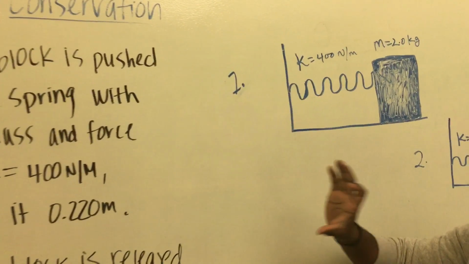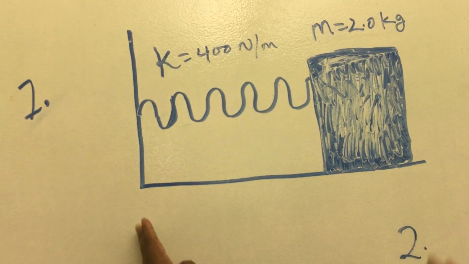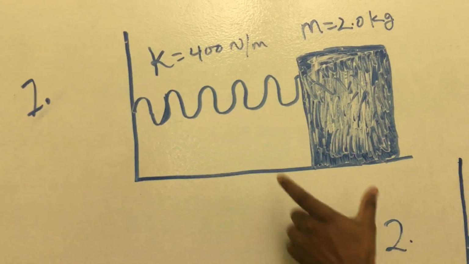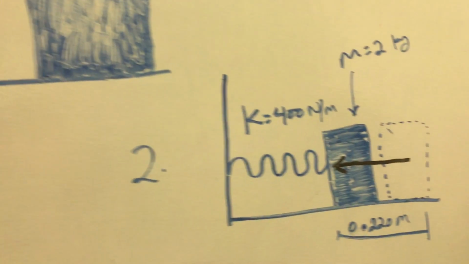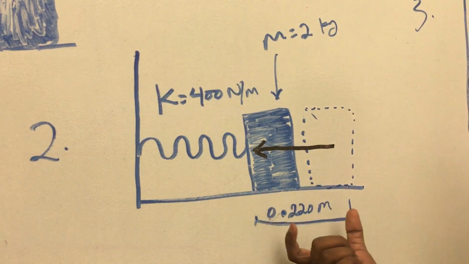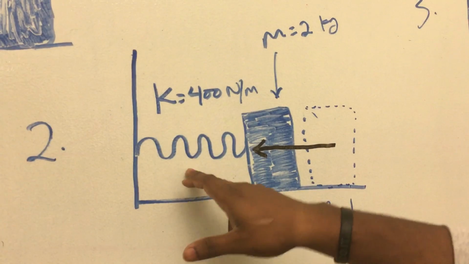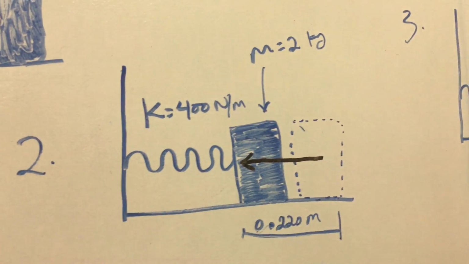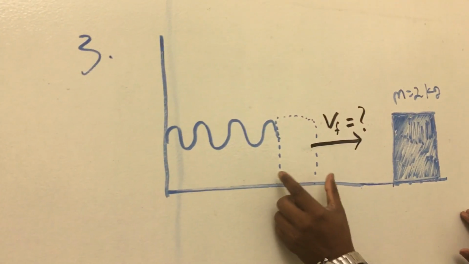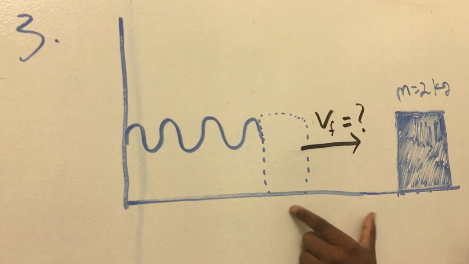So from this situation, we could draw a diagram, something like that, where we have a block and a spring, and it's going to be compressed when the block is being pushed. The spring is going to be compressed some distance, and we have a spring constant which is 400 newtons per meter. And the third scenario would be something like that, where after we had the compressed position,